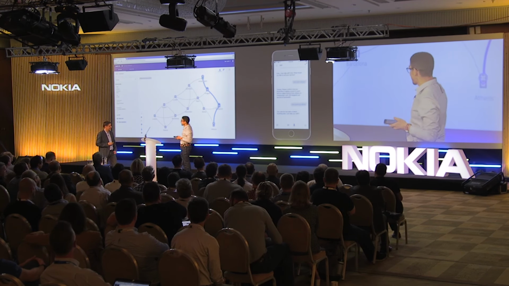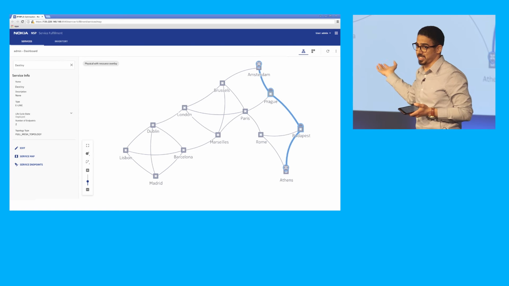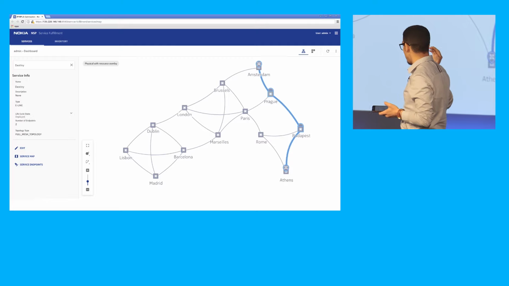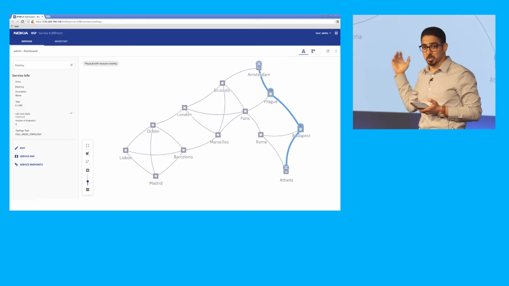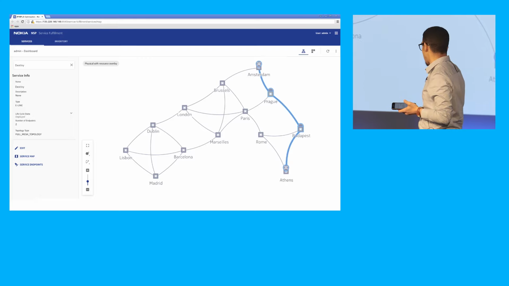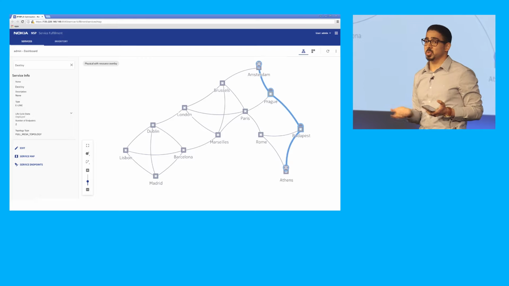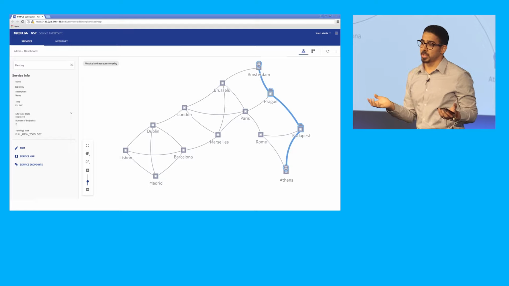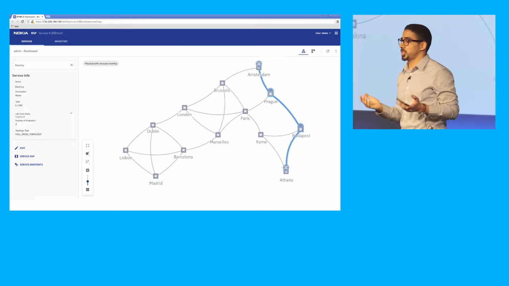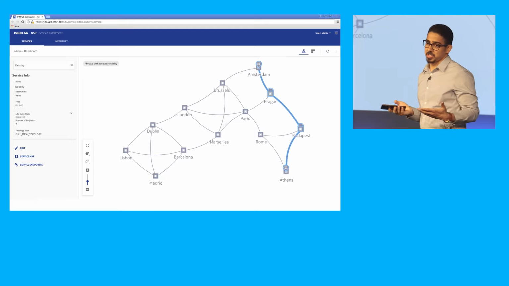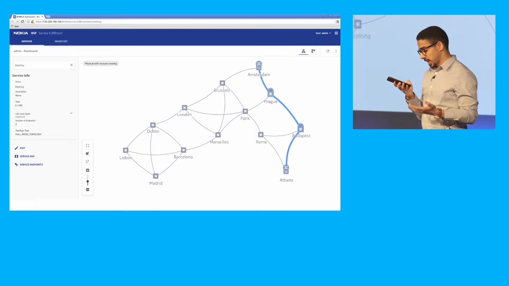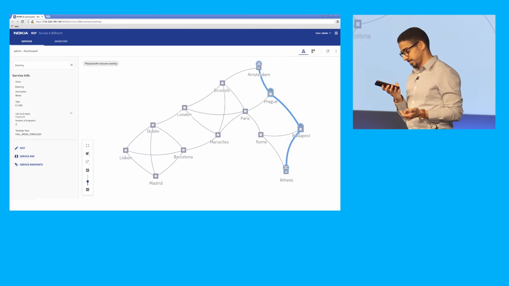So, as you can see here, our service actually has been created, and this is a live demo. So, Google Assistant basically used NSP APIs to deploy the service on the service map, and you can see this path. So this would be perfect in a normal scenario. But in the context of 5G, low latency, and faster networks, we need to check the latency for this path. Can you check the latency, please?